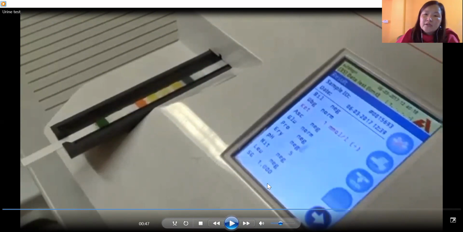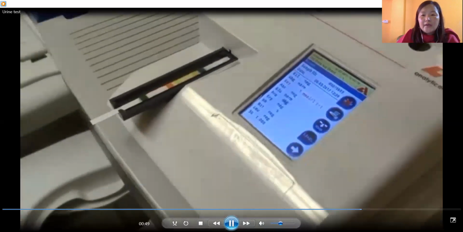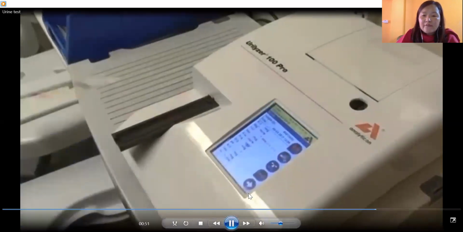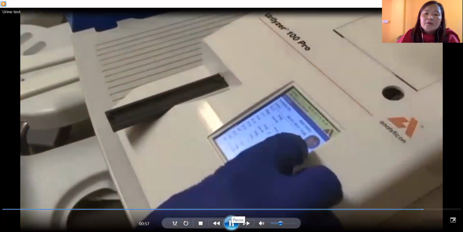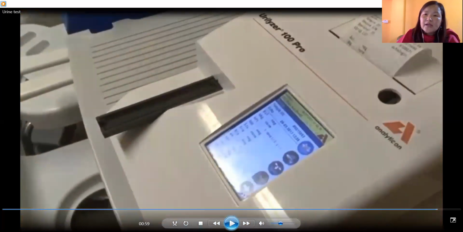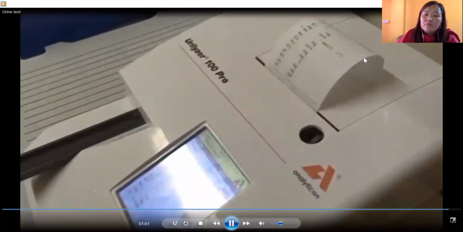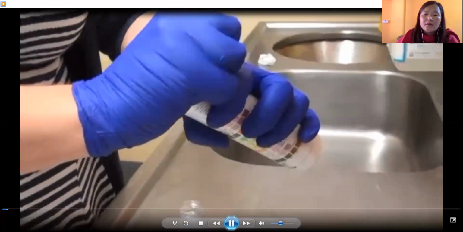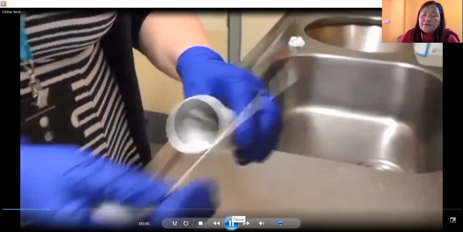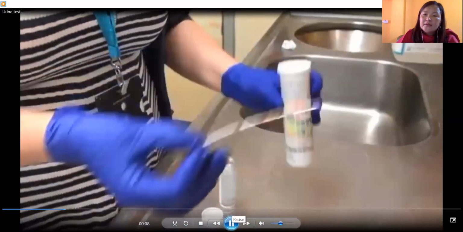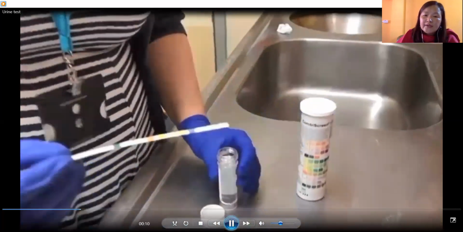So these machines will automatically read the report, and once it reads the report, see now there's an option that you can either save it or you can get a printout of that machine also. So it is very much advisable to sterilize the machine after use, and now you can see आपका report पूरा printout form में आ रहा है. So that is how you have to use the urine analyzer by automated method, through which you can get the test report.